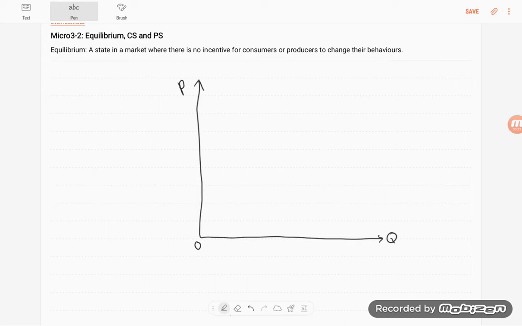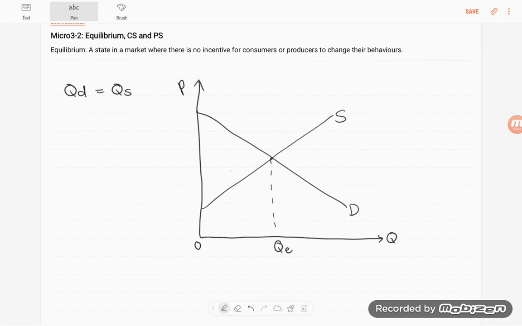Equilibrium. Well, first of all, we draw a supply and a demand curve on the same set of axes. Equilibrium occurs where the quantity demanded is equal to the quantity supplied. In this case, that is where our graphs intersect. We also